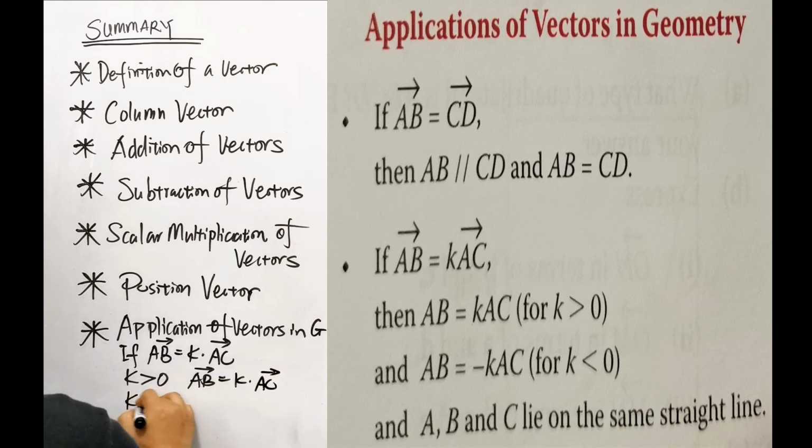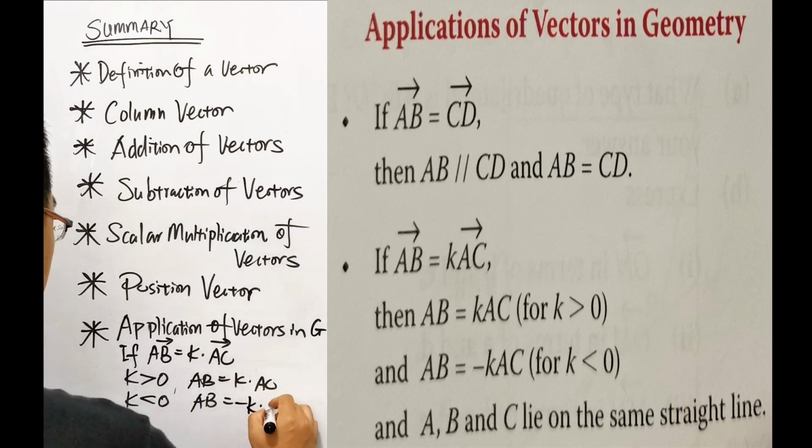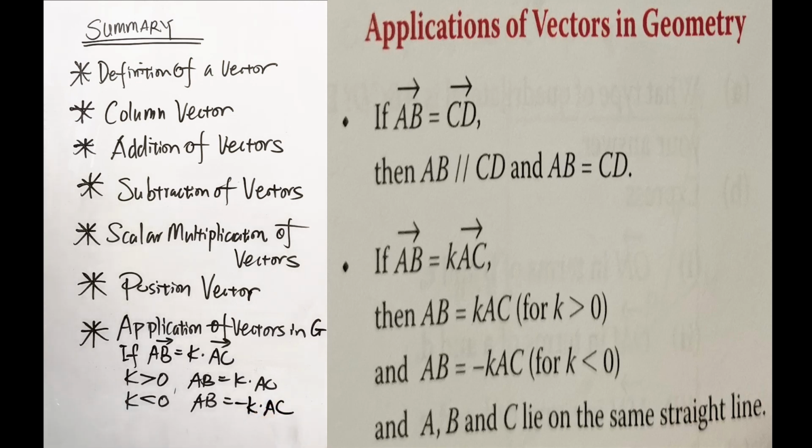When k is less than 0, what do we get? AB, in terms of length, in terms of magnitude, will be minus k times AC. So that is all the length, the magnitude. All those things we already discussed previously. Okay, that is the summary of this